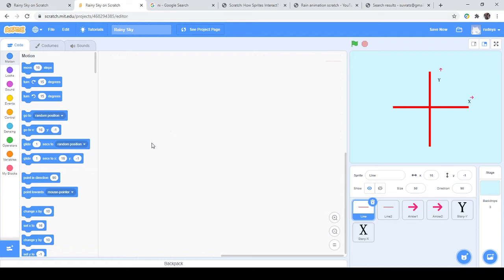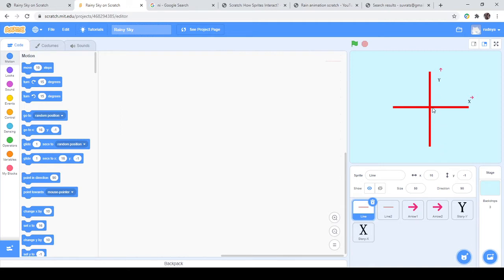Today we are going to understand what is the movement of a character or a sprite. So first you have to understand that the frame of our code is defined by x and y coordinates. The x-axis is an imaginary line that runs through the middle of our frame from left to right, and y is the imaginary line that runs up and down, vertically.